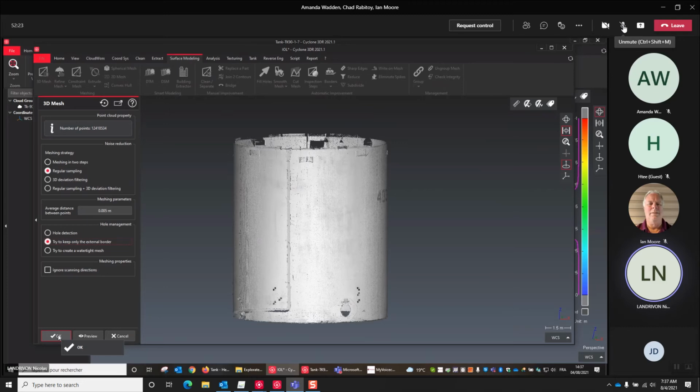Lower distance means that we're going to pick up more points, so we're going to create more triangles, probably with more accuracy because the sampling distance is lower, but probably also with more noise. Let's have a look.